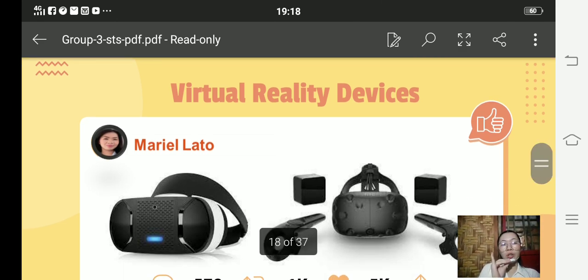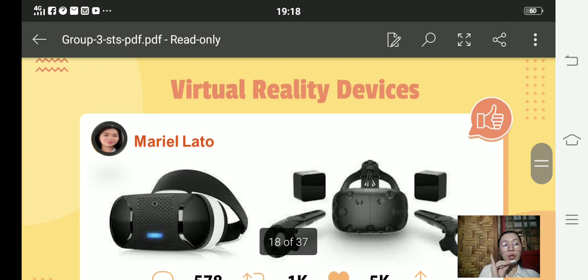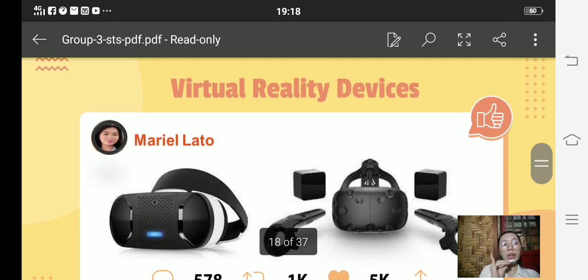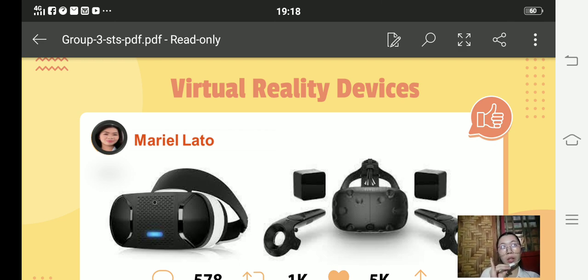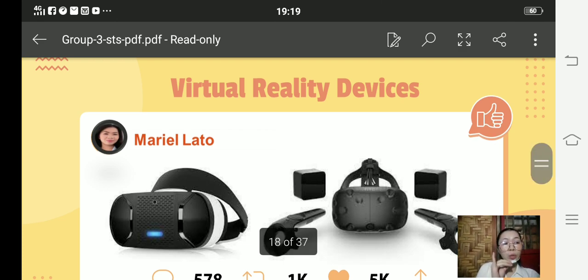VR technology is very useful and helpful in education because students and teachers have the ability to interact in a virtual classroom, to explore ideas and construct knowledge structures, and also conduct experiments without any risk. And in government offices, they could also use VR technology to improve services and